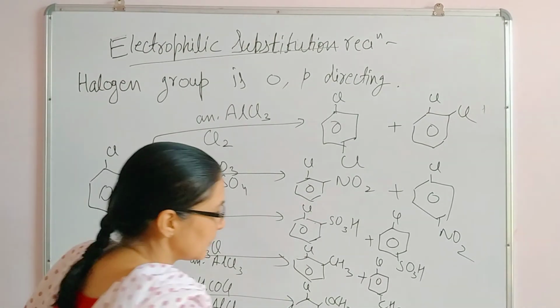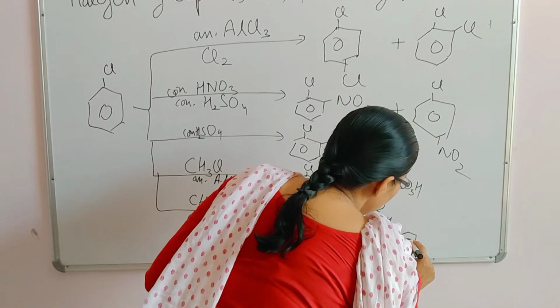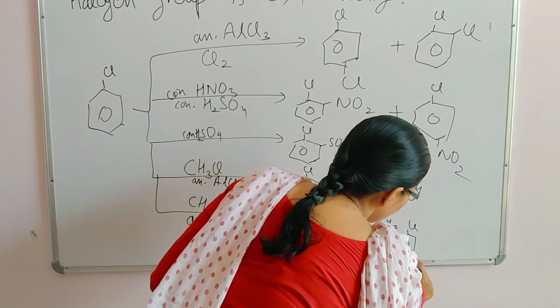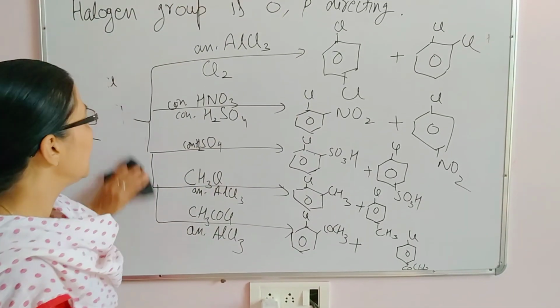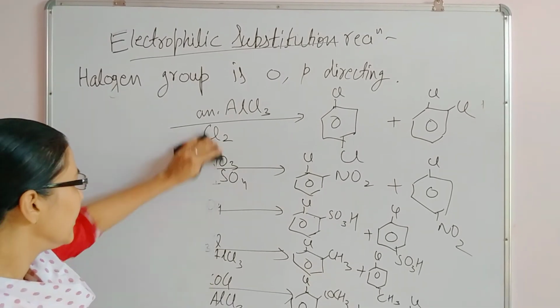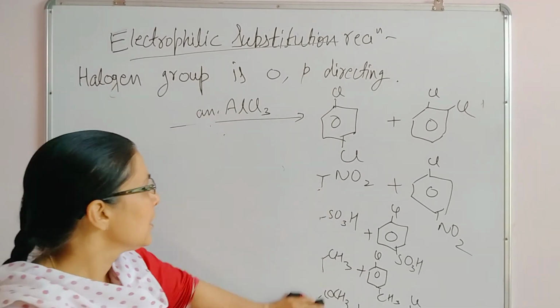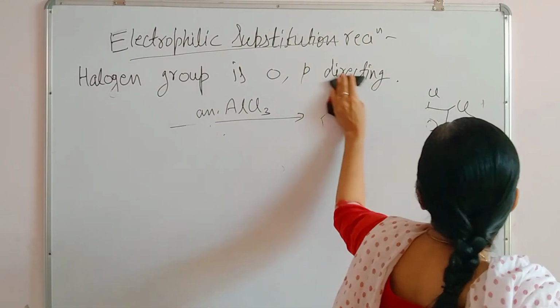Then acetophenone. Please learn here para-chloroacetophenone. Okay, so these all 5 reactions your turn to do by own. So chloro group is a deactivating group, but ortho para directing group.